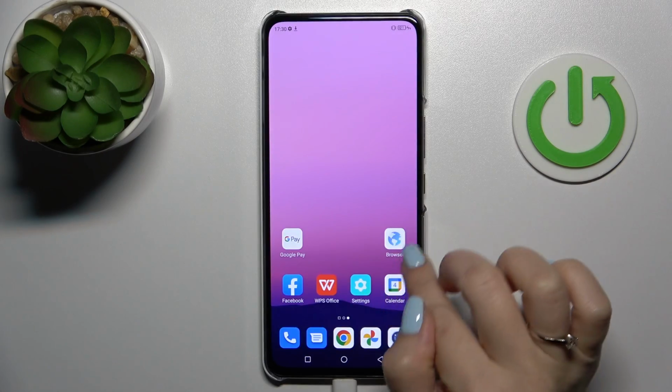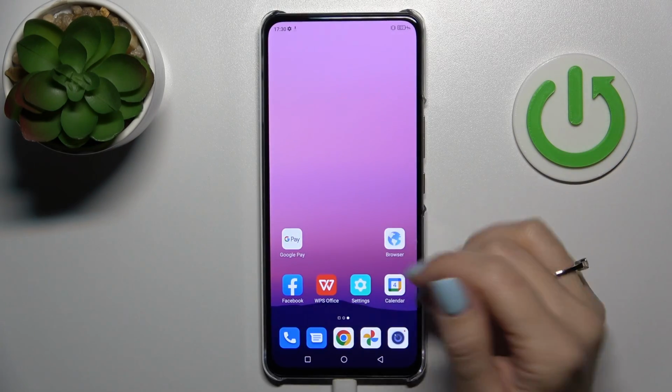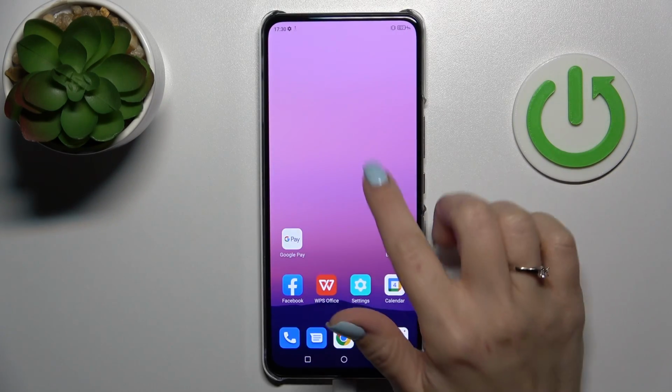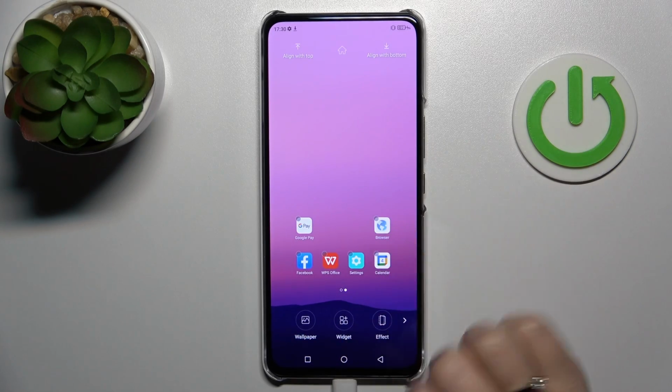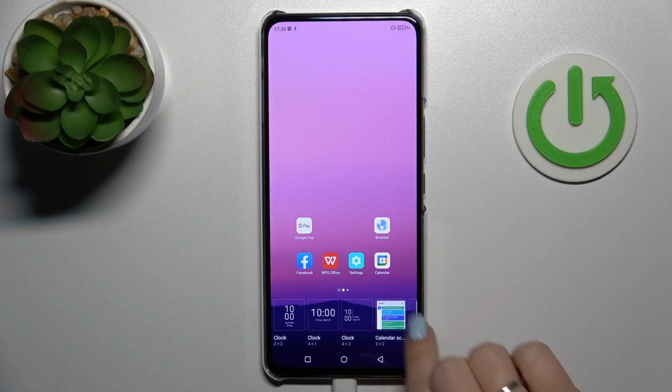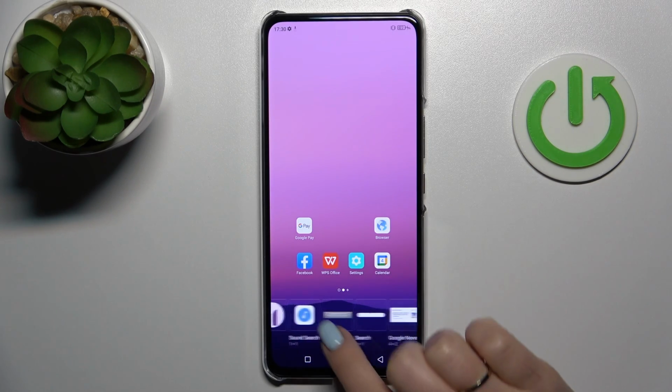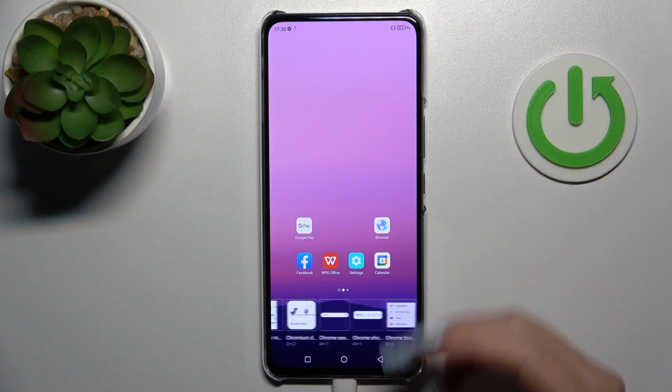First, let's just open the screen where you want to add the widget. For example, let's use this one. And now just to add the widget, we should hold our screen with the finger for a while, and after that we'll see here the widgets icon. Click here once and now we can see here all the available widgets which we can add to our device